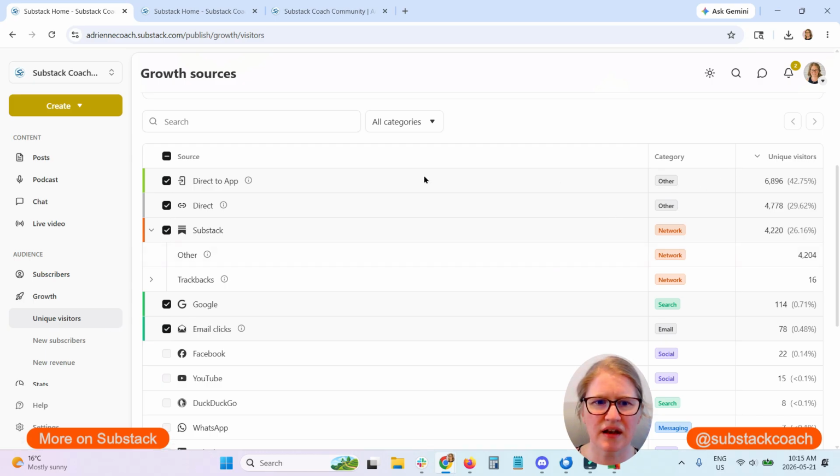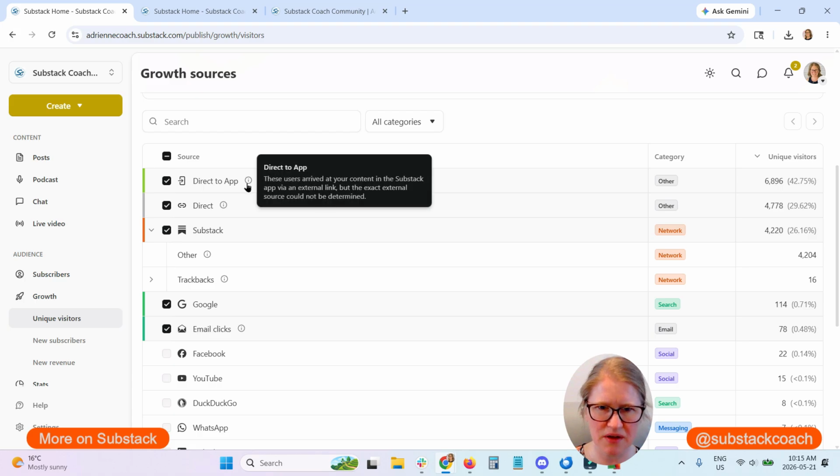And you can see that I am looking at different types of traffic. So direct to app, direct, and Substack are all basically where they're coming from. The direct categories are a little bit confusing and annoying because these are people that arrived at your content on Substack from a direct link, which means somebody could have sent them something.